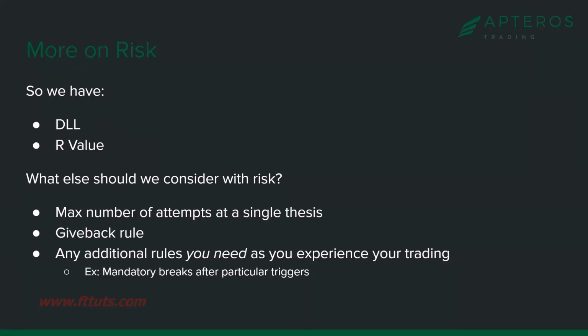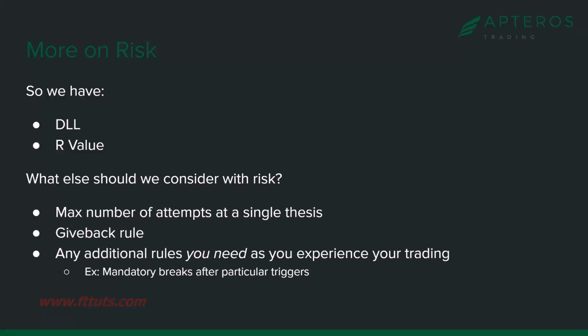So a give back rule is really nice. Let's say your daily loss limit is 1,500. If you're up 3 to 4 grand on the day, set a 50% give back rule. Once you cross the threshold of being up 4,000 for the day, you stop if it comes back down to only up 2,000 for the day. It just makes so much sense from a psychological capital perspective, and from a bottom line perspective of your trading.